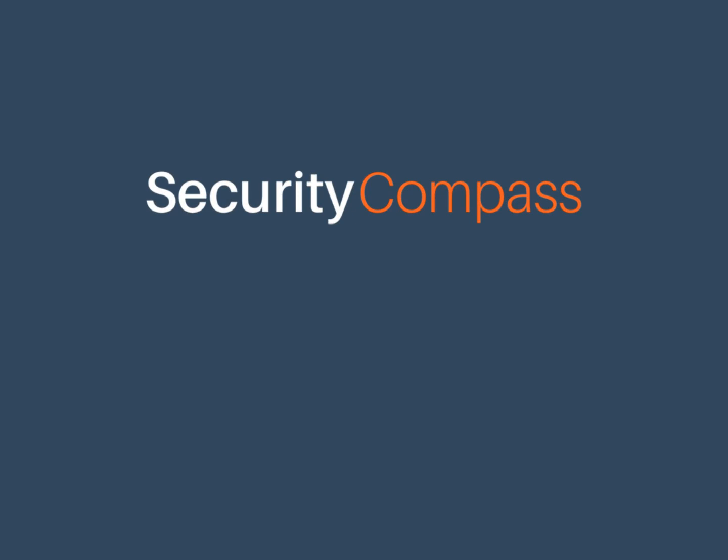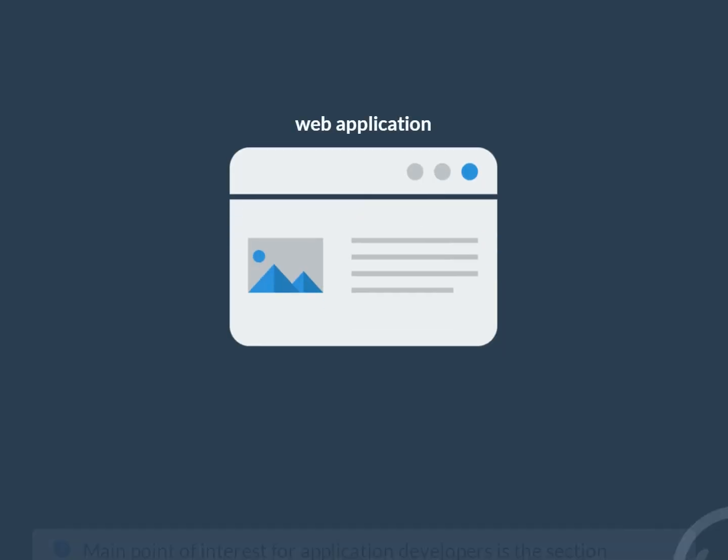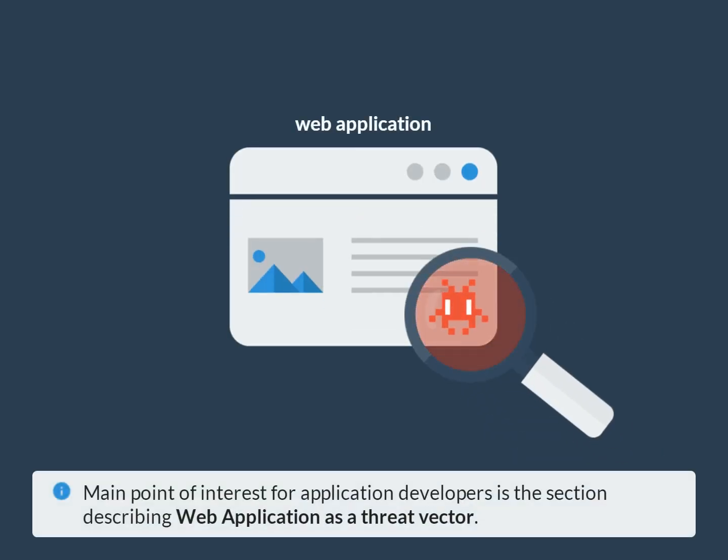Here at Security Compass, we wanted to review the report, but with a focus on and interpretation of the data that is relevant to developers, programmers, and application security professionals. This means we have largely omitted other security domains such as network security, endpoint security, or general security governance. The main area of interest for application development teams in this report is the web application as a threat vector